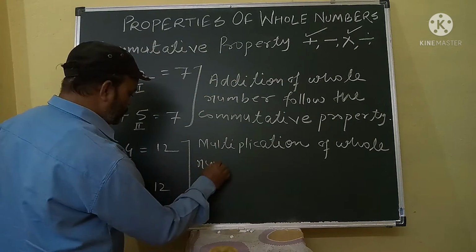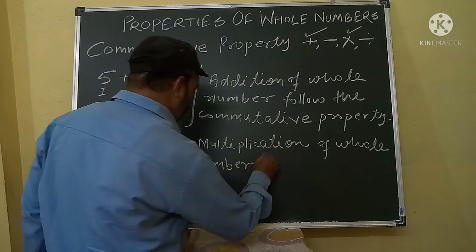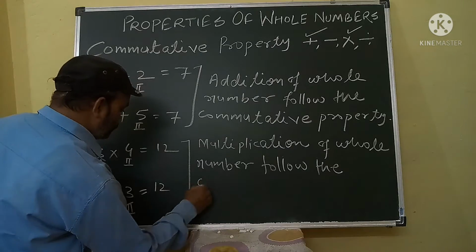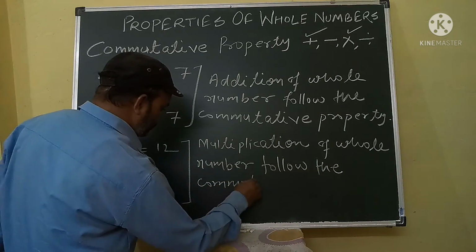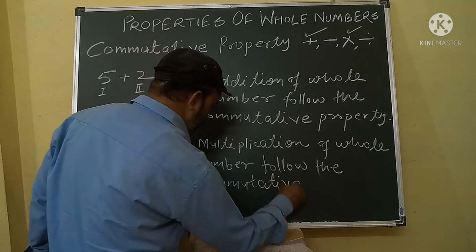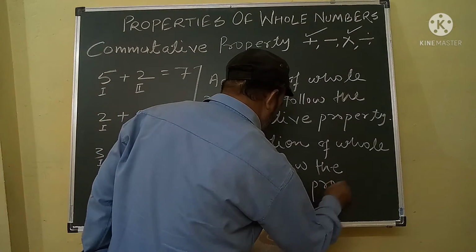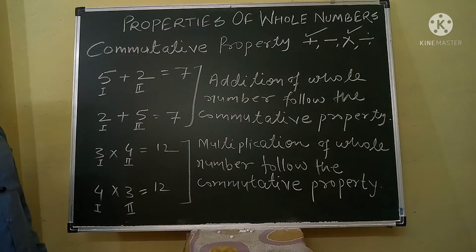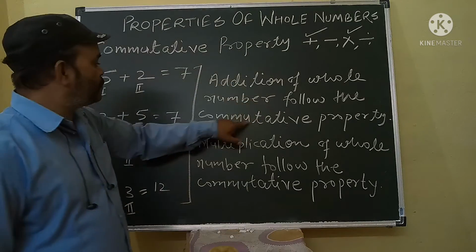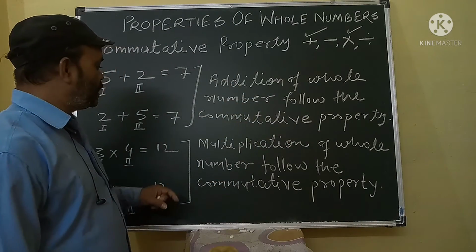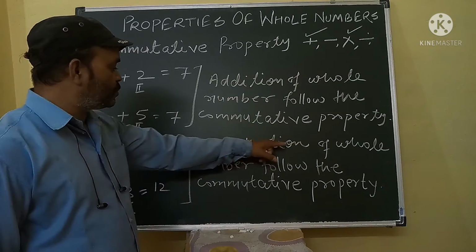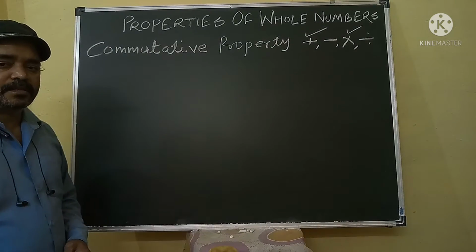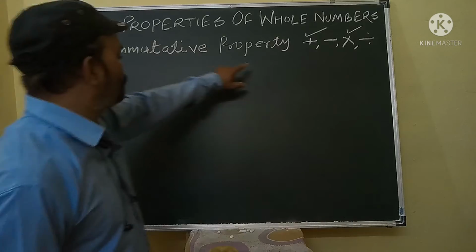So what you are looking at: addition of whole numbers follows the commutative property, and the next basic point is multiplication of whole numbers follows the commutative property. Then after that we will discuss the commutative property on